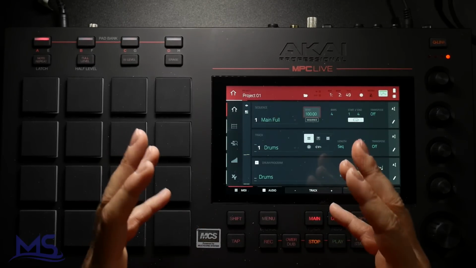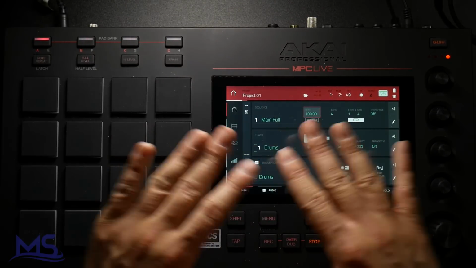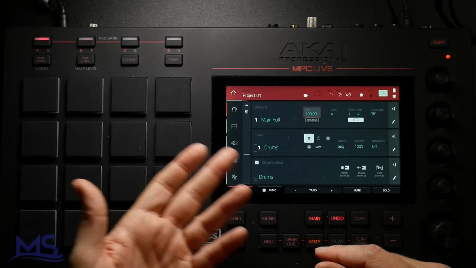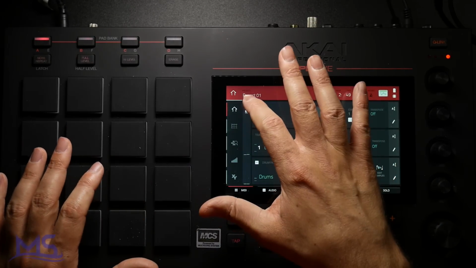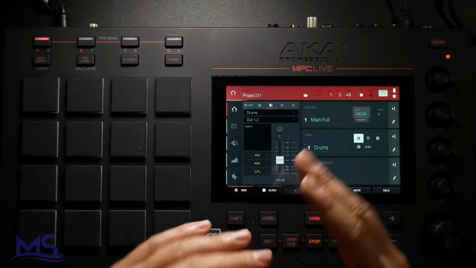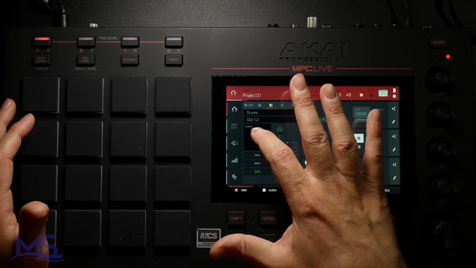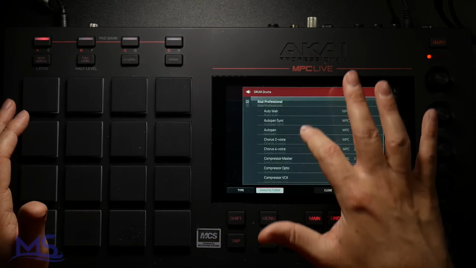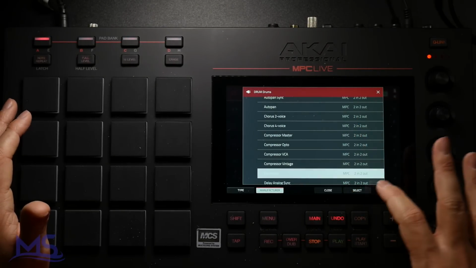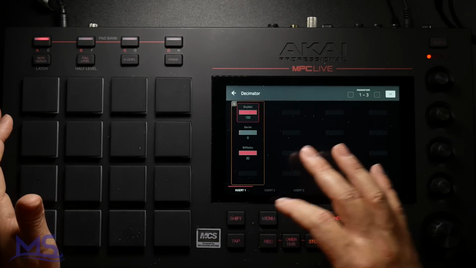Now there's a couple more things I want to do before I'm done with the drums. So I got those drums in there. I got that drum kit built, but what I want to do is go back over here and kind of dirty up that drum sound. So I want to go into my effects and put a decimator, something like that, on there. And this way,